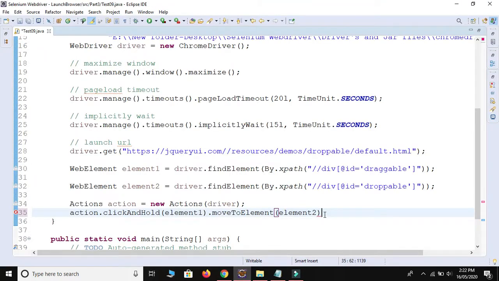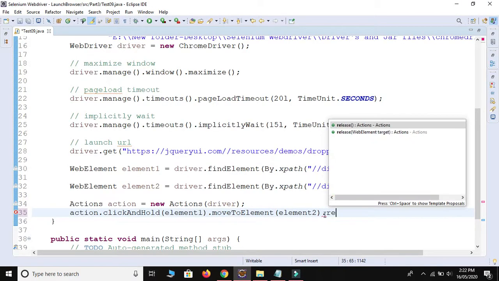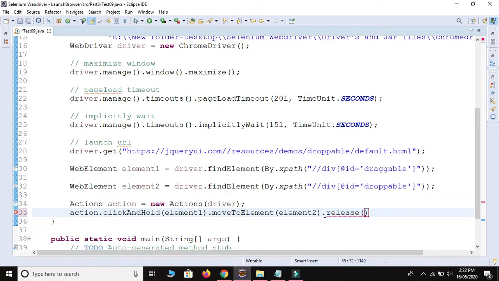We are going to click and hold, then move to this element and then release. So we use the release method. Okay, see, the release method is there. And the most important, mandatory method, in my opinion, whenever we use the Actions class, is the perform method.